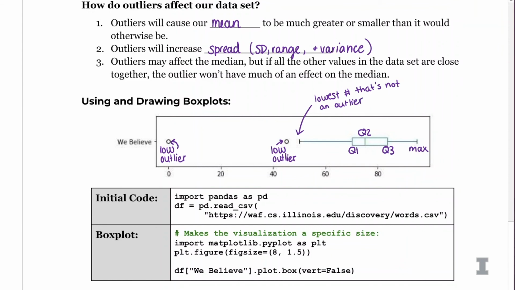And this box plot tells me that for, we believe, most people said that it is between about 70 to just above 80%. And that we do have some low outliers. Somebody said, we believe, 0%. Yeah, I think it's just 0.1 in the actual data set. Oh, so not exactly 0. Not quite 0, but basically 0. So this could have been someone who didn't understand the question, or maybe they were a liar and just put a weird answer just to be weird. So that is it for box plots, and we're going to dive even more into the Python code in the next couple of videos.